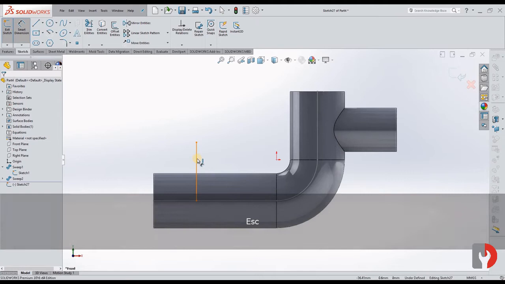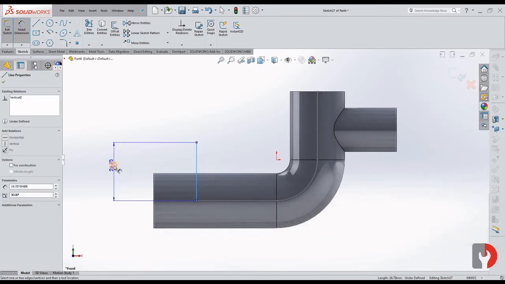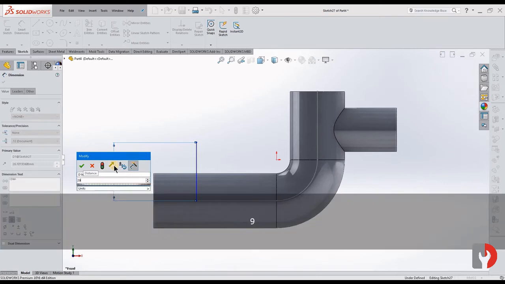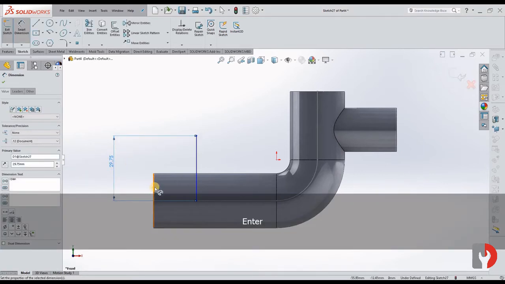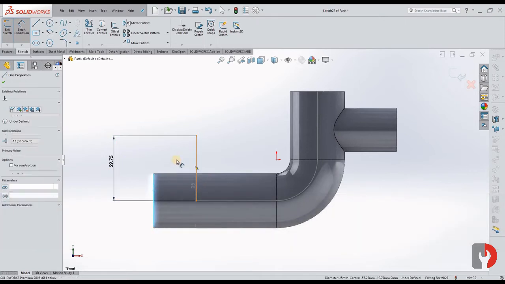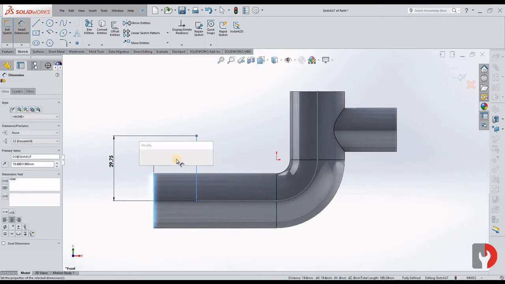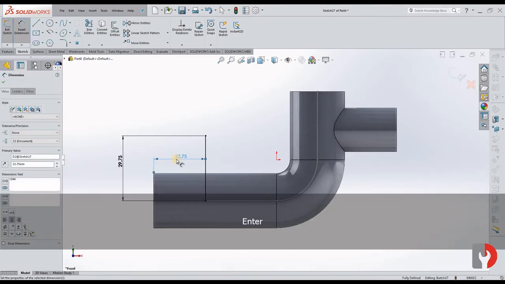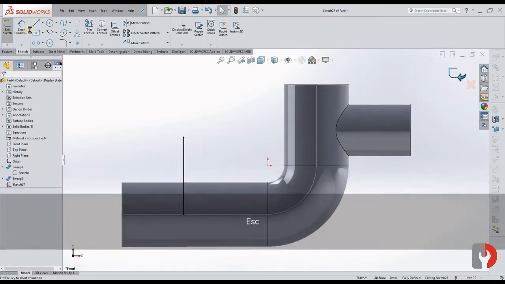Okay, we will dimension it now. 29.75. Okay, the distance from here to here it's 23.75. Okay, it's it.